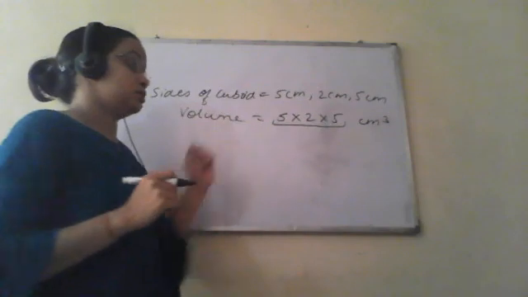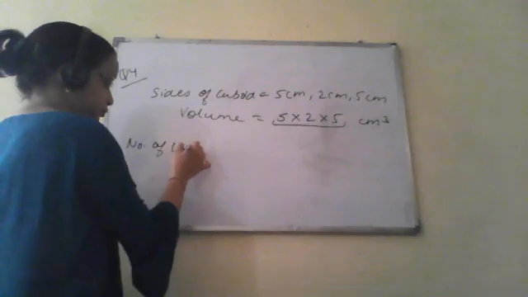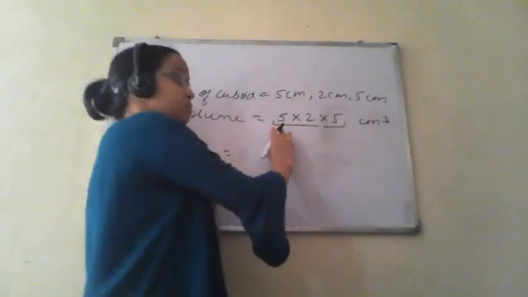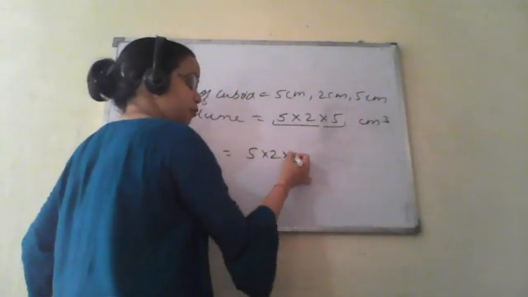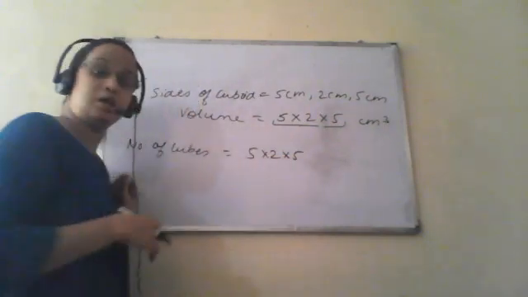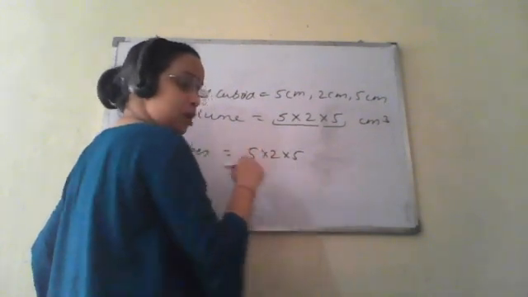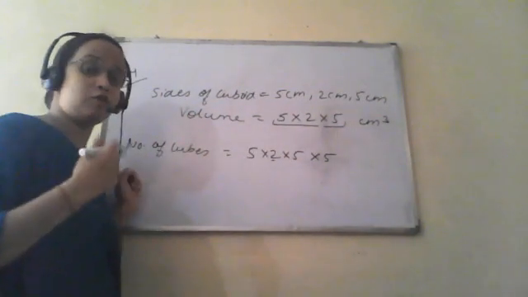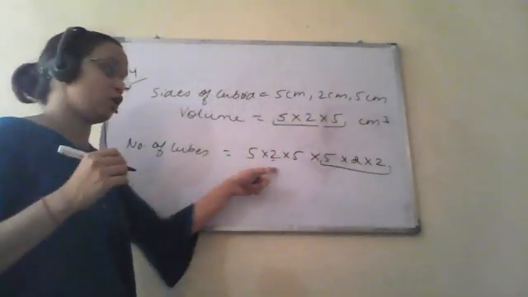Now as we have to find the number of cuboids, we'll check whether this volume is a perfect cube or not. It is not a perfect cube. This is the volume of one cuboid, and we need to have a cube. So we have to make this into a perfect cube. We have 5 two times, so we have to multiply by one more 5. And this 2 is single, so I have to multiply by two more 2's. This quantity we have to extra multiply in order to make it a perfect cube.